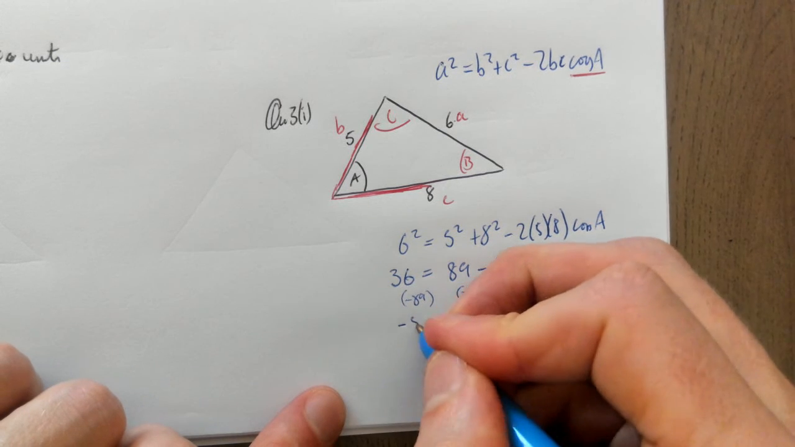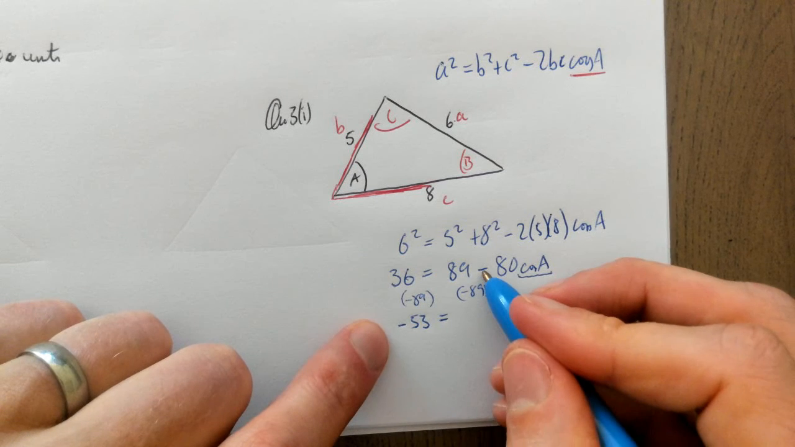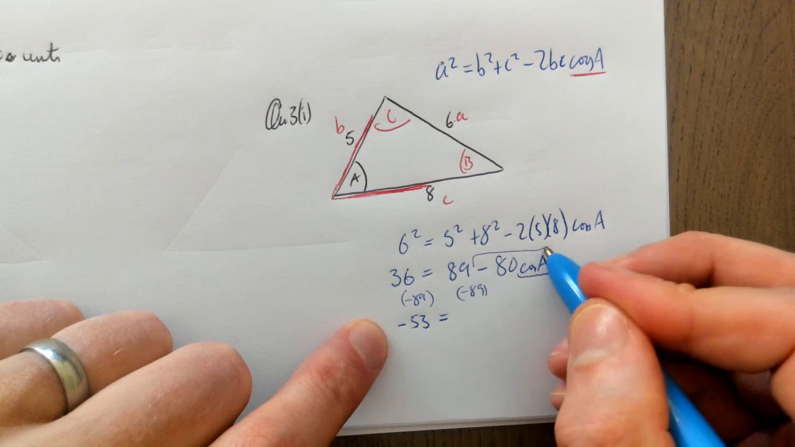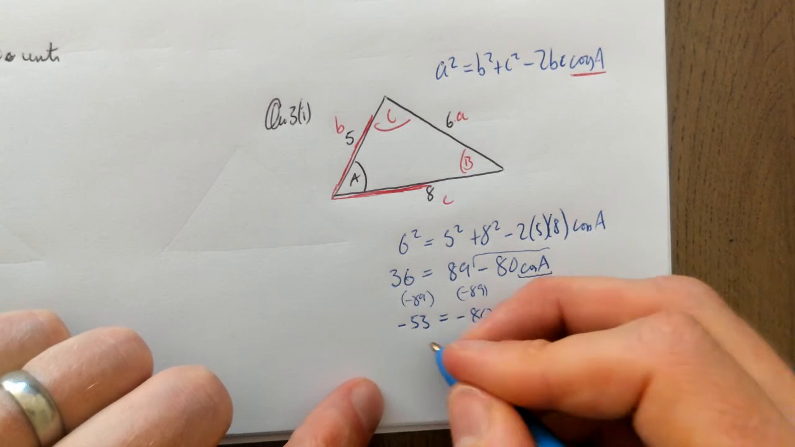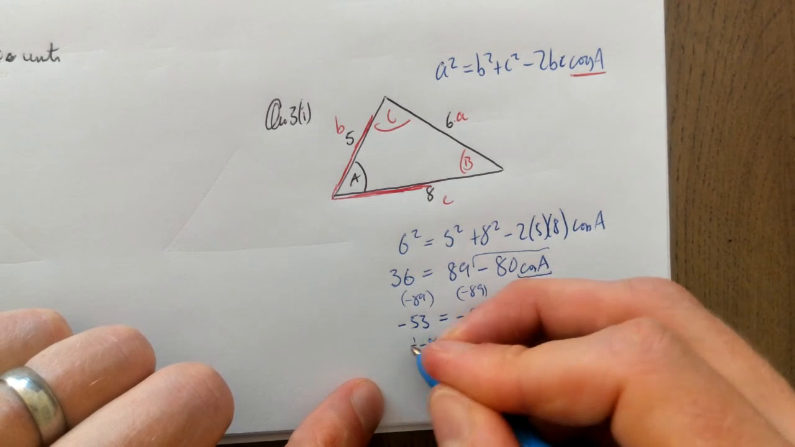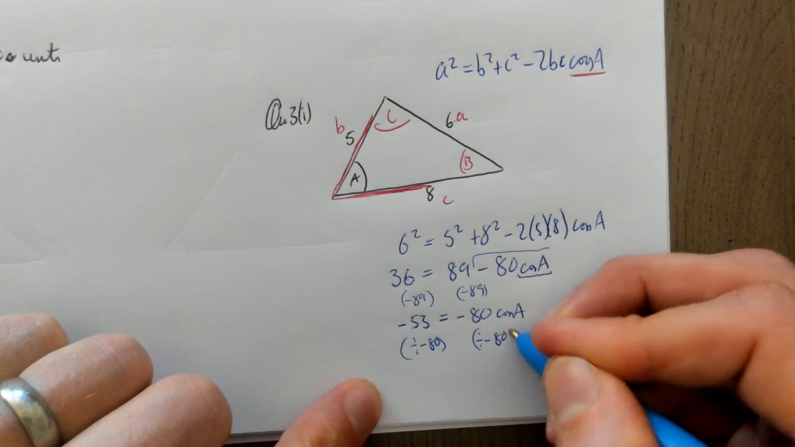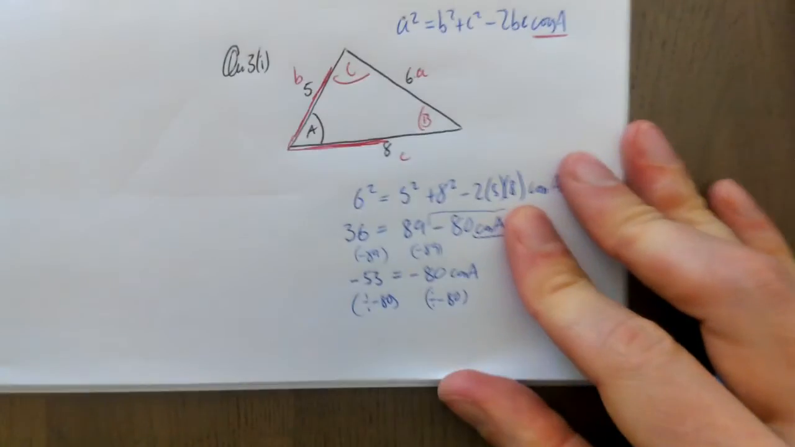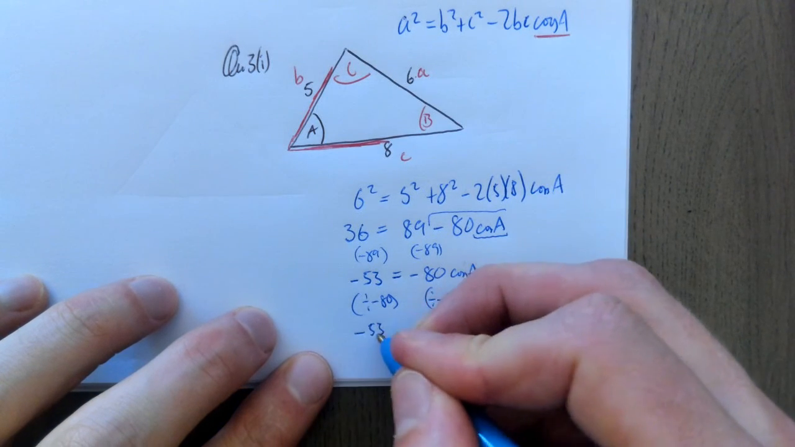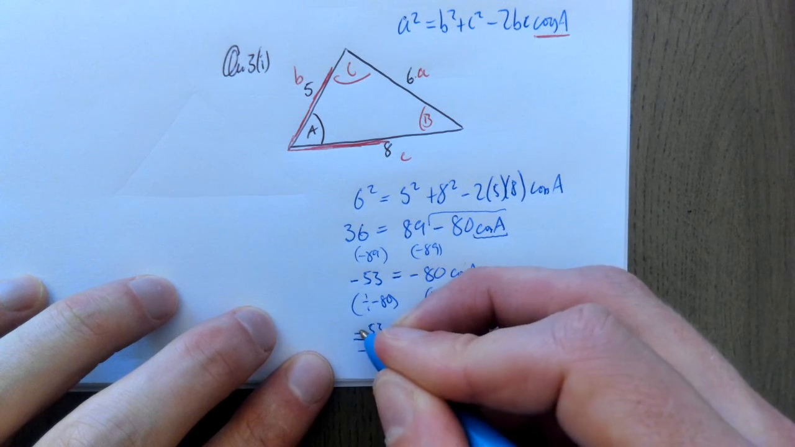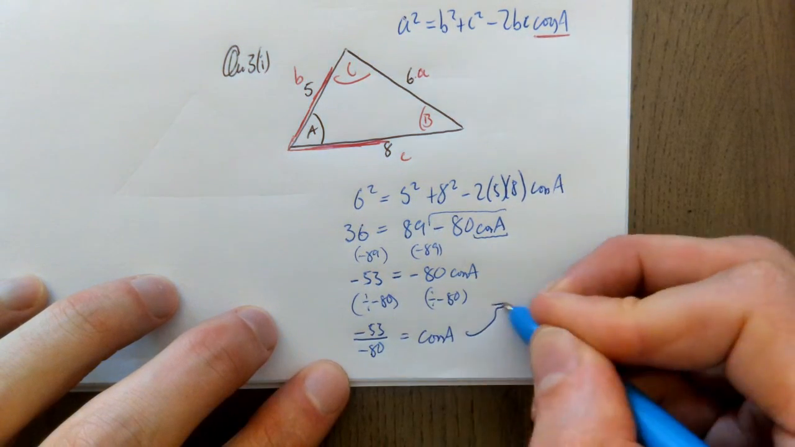Minus 53 is equal to, and if we take away 89, we're left with this minus here, don't forget, so we're left with minus 80 cos a, divide by minus 80. Again, when you get the hang of this, don't worry too much about doing the brackets like I'm showing you in the working, so this is the method I want you to follow. Pause the video and go back to it if you get stuck. I get minus 53 over minus 80, negative over negative is positive, don't forget, it's equal to cos a, which